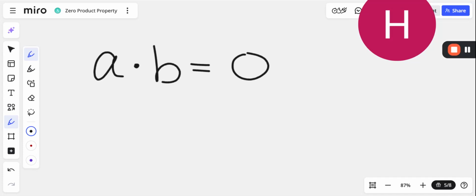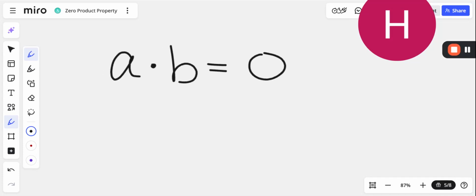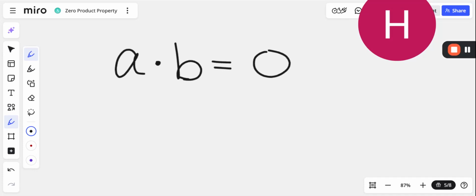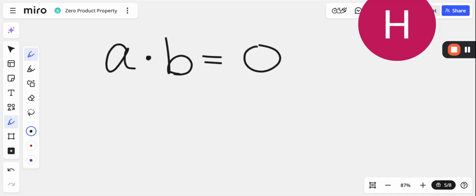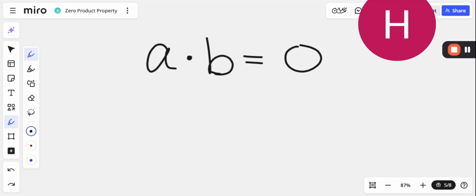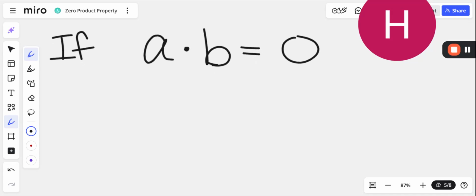And it's very simply set up on the board so far. We just have A times B equals 0. This means that the product of these two objects, they most likely have some numerical values. And if you multiply them together, you get 0, which tells us, in fact, the zero product property basically says if A times B equals 0,